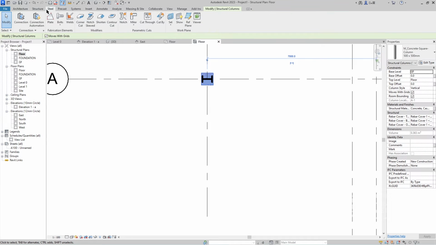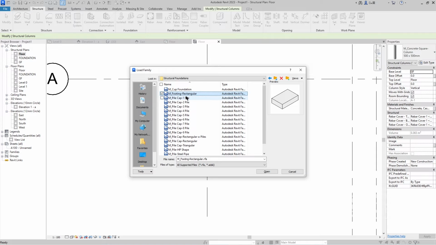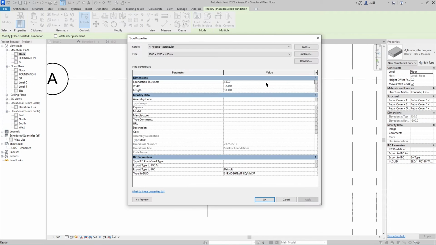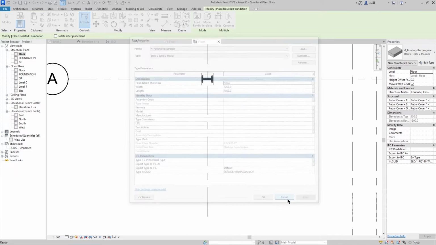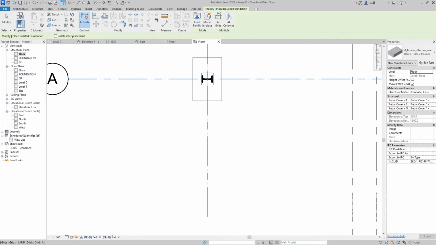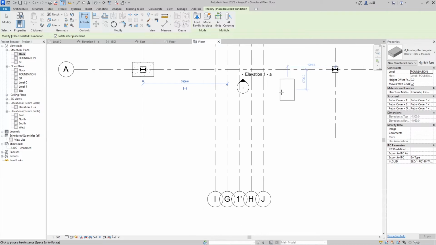So we need to do steel, and then just wait a minute. Okay, we need to choose this one. I'm putting rectangular, and then okay, we're gonna use this default position or dimensions, and then we just need to put it in the floor, not in the floor, but especially in the foundation. So put it right like this, and then also